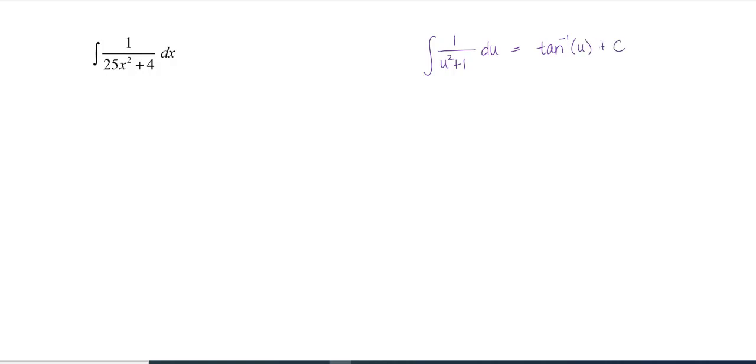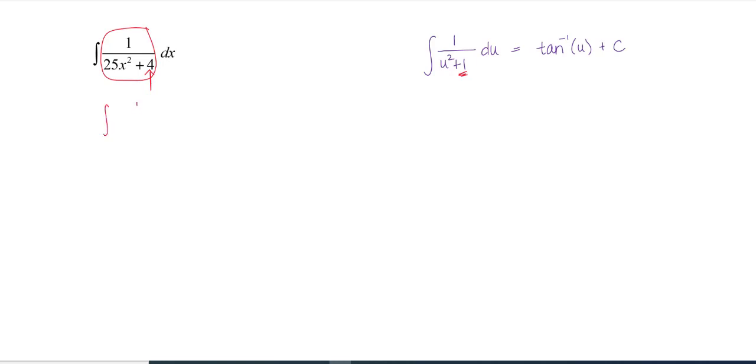And of course, we have to identify our u and our du based on the problem. So I'm going to tackle it using this formula first, and then show you that you get the exact same thing if you just do your good old-fashioned trig substitution. One thing I will note is you really want that denominator, or wherever that sum of squares are, to be a plus 1. So I need to look at my antiderivative, and in my integrand right here, I'm looking at this quantity. I'm saying I need that 4 to be a plus 1.